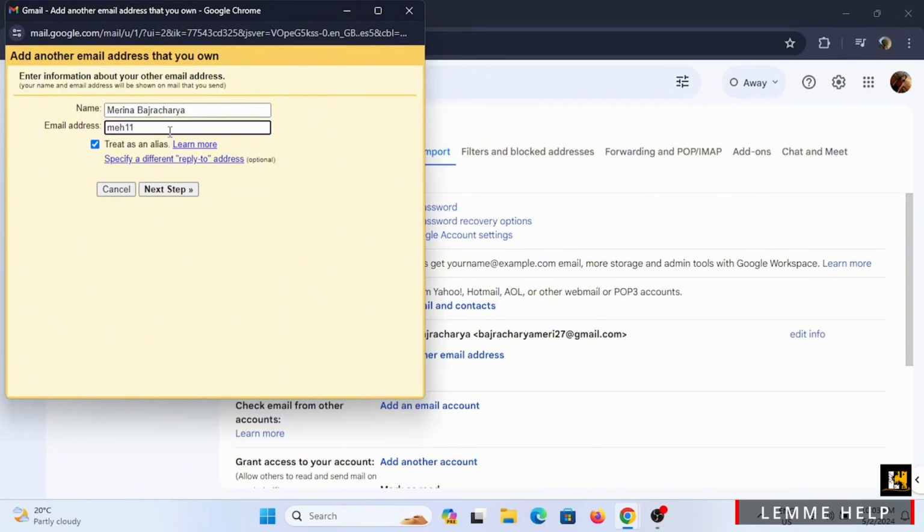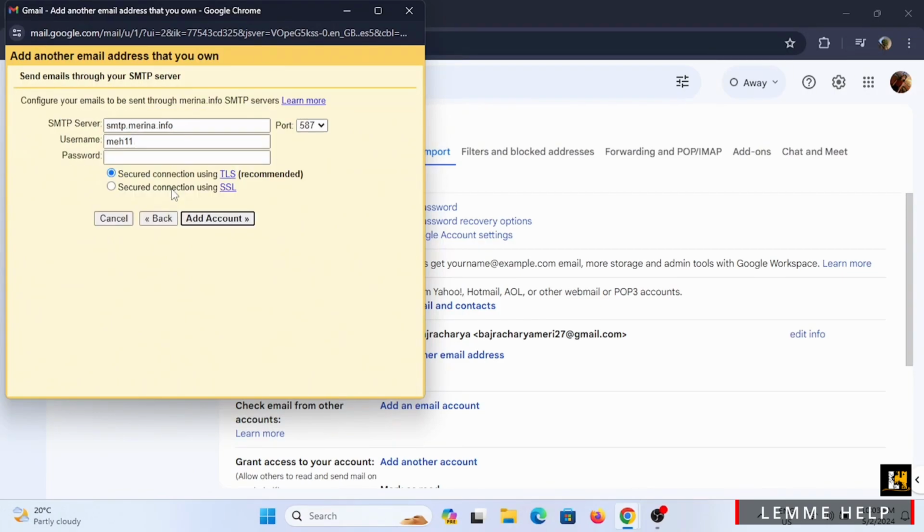Now enter the email address that was just created. That is your business email with a domain at the back. Then once you have entered your email address, tap on Next Step. Enter your password that was created along with your username or your email address. Then tap on the port, drop down some of the option and select 465. Select on Add Account once done. And there you have it, your very own